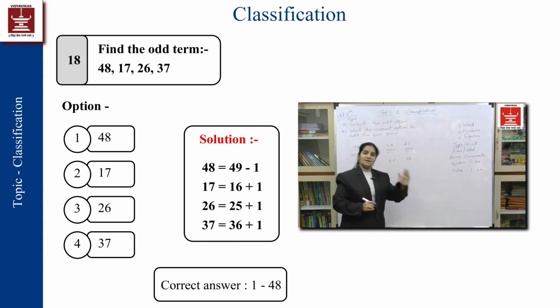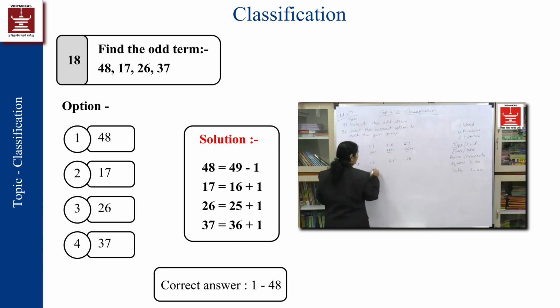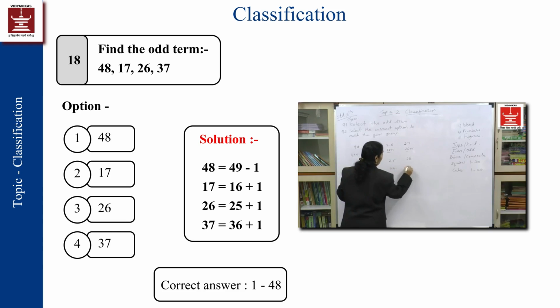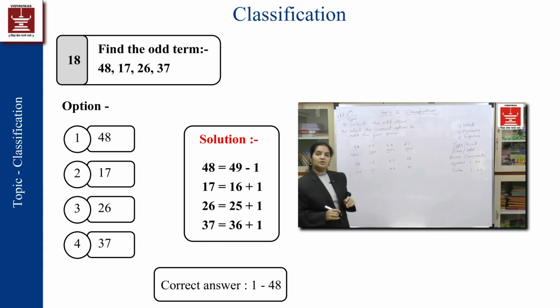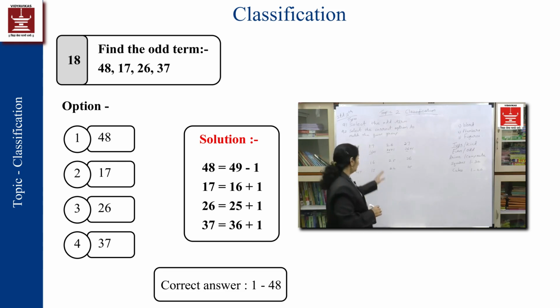So these numbers plus 1, or it can be minus 1 also. I may have something where this is 15, this is 24 and this is 35 and this is again 48. When this is 48, they all become similar. This is 49 minus 1. So I may have this as 49 maybe. Then I need to have a different category over here. I can have this as 47 directly with minus 2. So either it is a square, or it is plus 1 or minus 1.